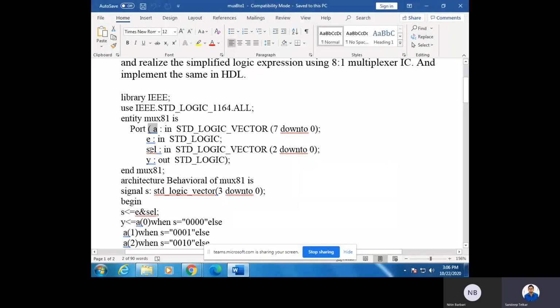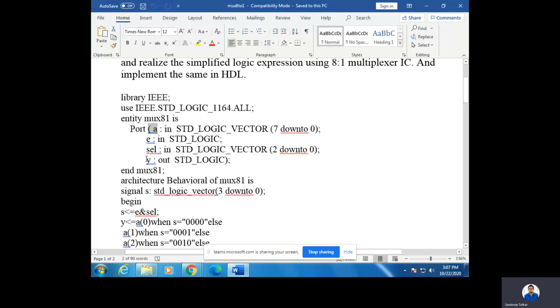Once you are done, move ahead with the select variable. Again, three inputs, 3 bits for this particular select variable, right? That is why I'll specify it as std_logic_vector in brackets 2 down to 0, bracket close, followed by a semicolon.